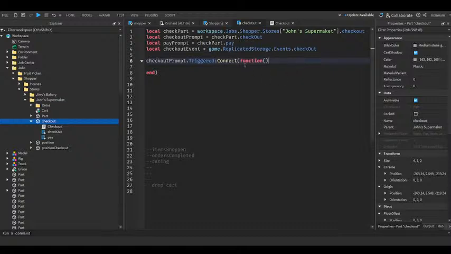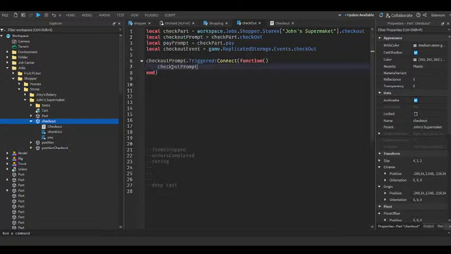The next, I'm just wondering where is checkout. Oh, hi. Okay, and then next, whenever the checkout prompt has been triggered, we will now make